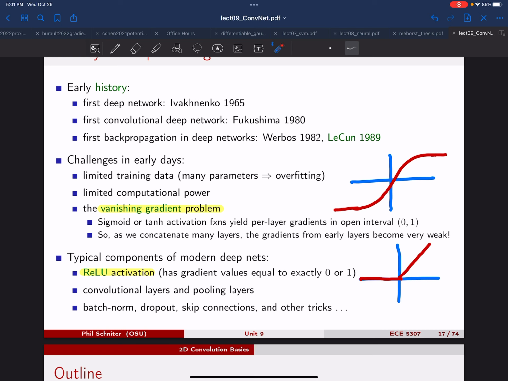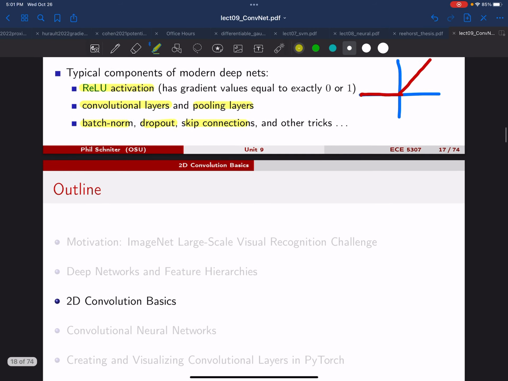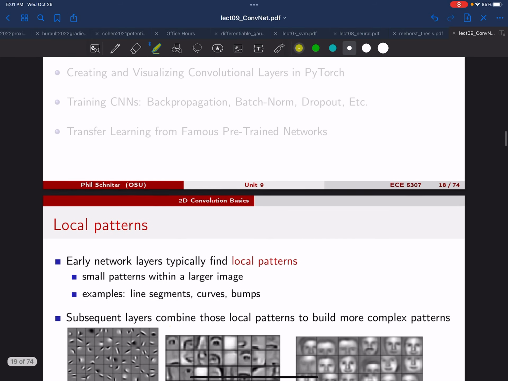Other things that are important are convolutional layers, which we'll talk about in the next few slides, and pooling layers, and all sorts of other tricks that we'll talk about: batch norm, dropout, skip connections, and so on. So just to